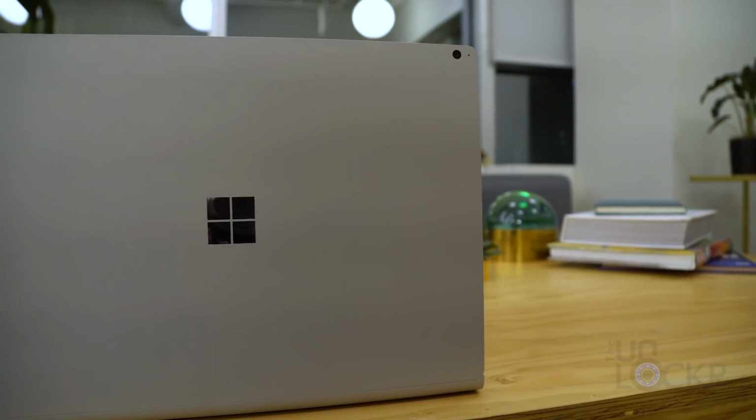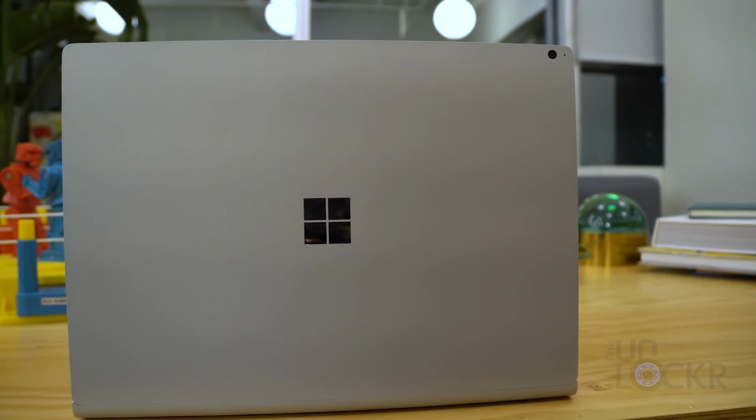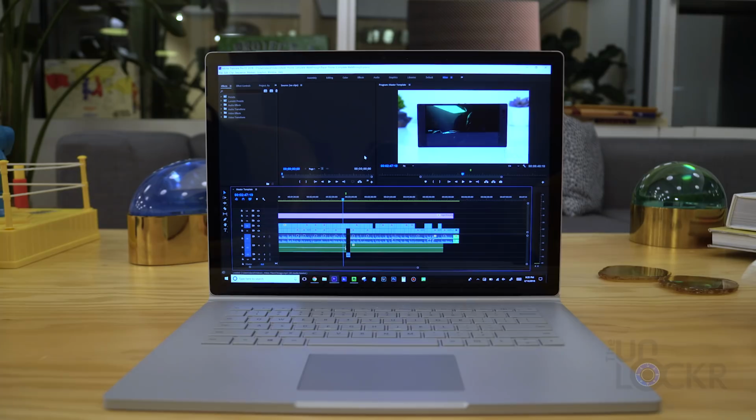I finally got my hands on a 15-inch new Surface Book 2, which I'm excited about. Now, I've always kind of been a fan of the Surface lineup, the Surface Book, and frankly just what Microsoft is doing with their hardware lately. But I've never pulled the trigger on any of them for the simple fact that none of them have had a graphics card that is powerful enough to allow me to edit my footage. But now, thanks to the 15-inch model having an NVIDIA GTX 1060 in it, I can finally give it a